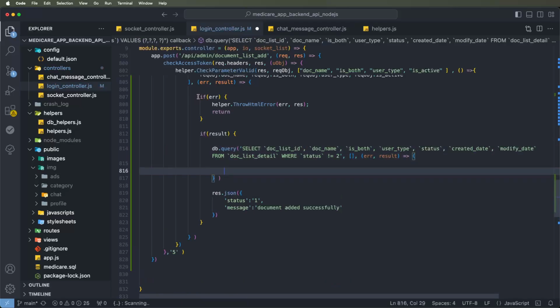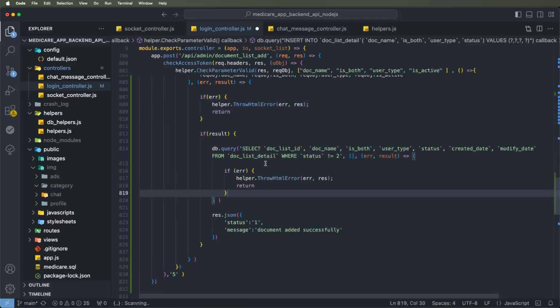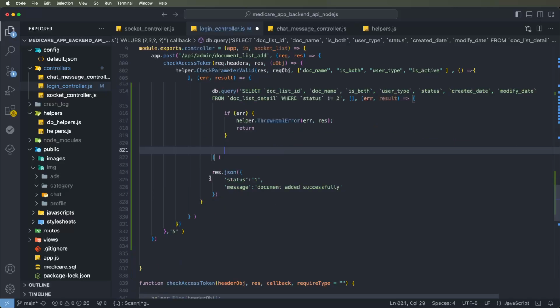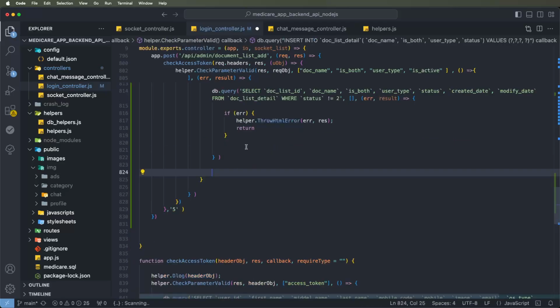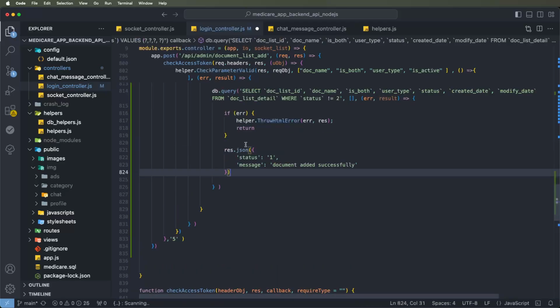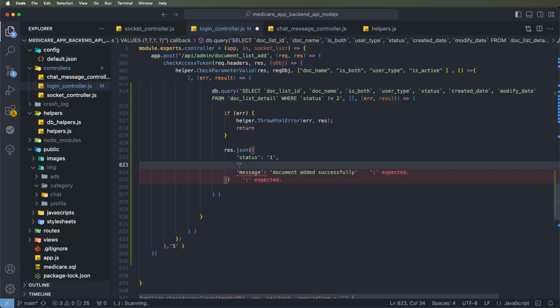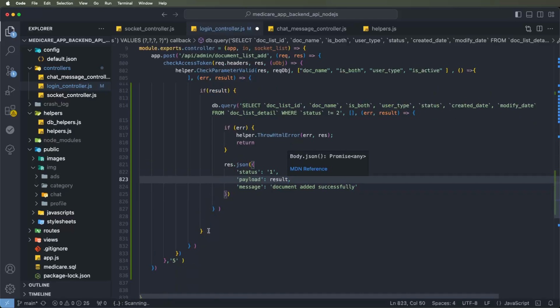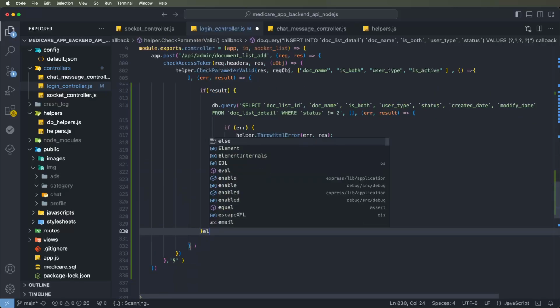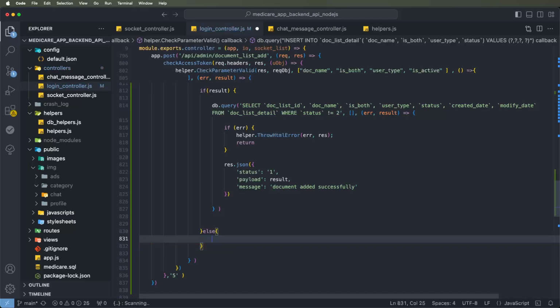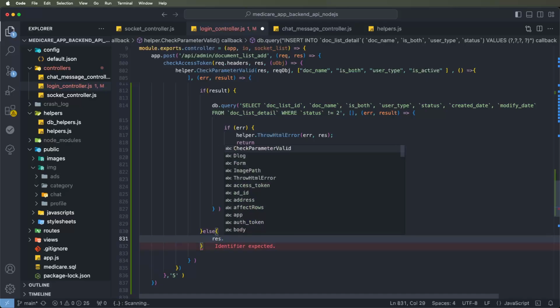Again we need to check here if errors, then write lines like this value, else part. We need to paste this here, and give the payload, and we need to get this list of results. We need to pass it here, and like this we set the data. In this else condition we need to write the while response we return, so response dot json